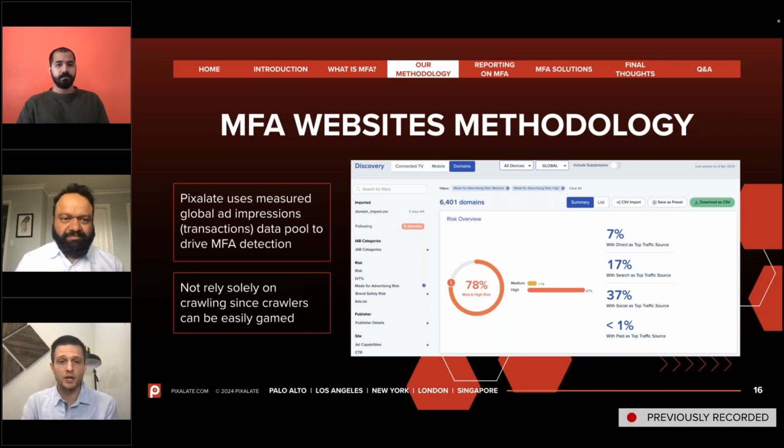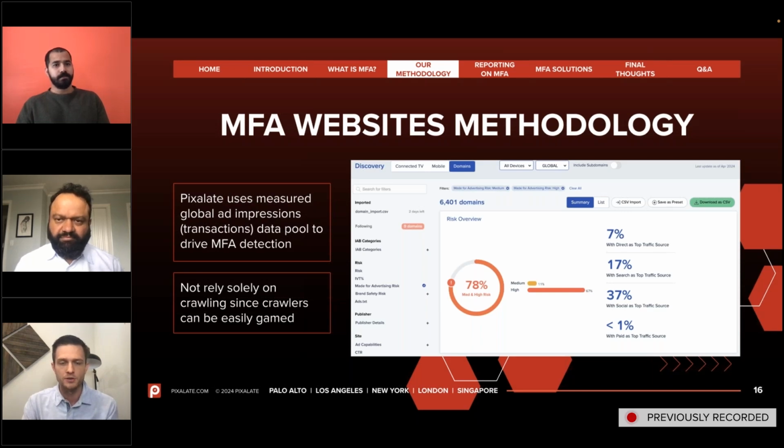Yeah, and what you're looking at on this screen is an example from the Media Ratings Terminal, the Pixalate platform, where we give risk scores as to the likelihood of MFA. So medium risk, high risk; different people in the supply chain might have different levels of tolerance for the risk. That's why we do it that way within the Media Ratings Terminal.